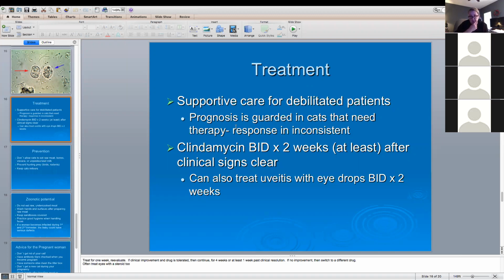Okay, so anything else with toxo or the other two? Actually, let me